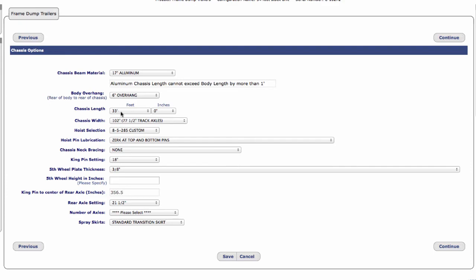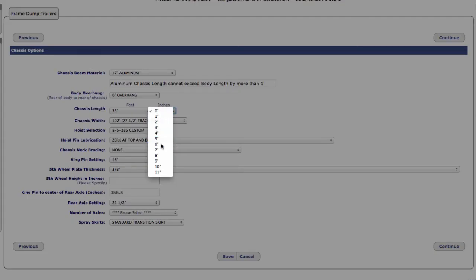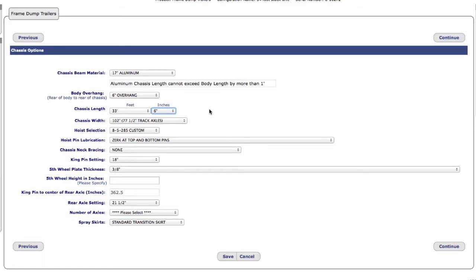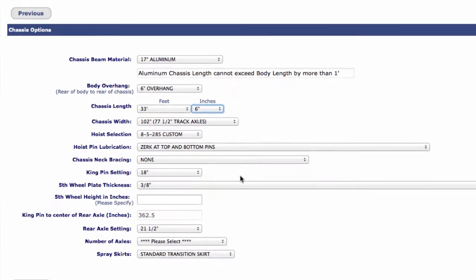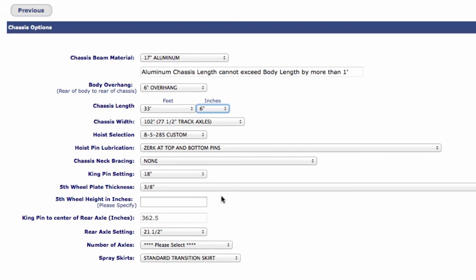We've selected a 34-foot body, so we want to select a 33-foot 6-inch chassis because we have a 6-inch overhang, and this will keep the bulkhead and the chassis flush. The rest of the selections in this area look about right, so I'm going to jump down